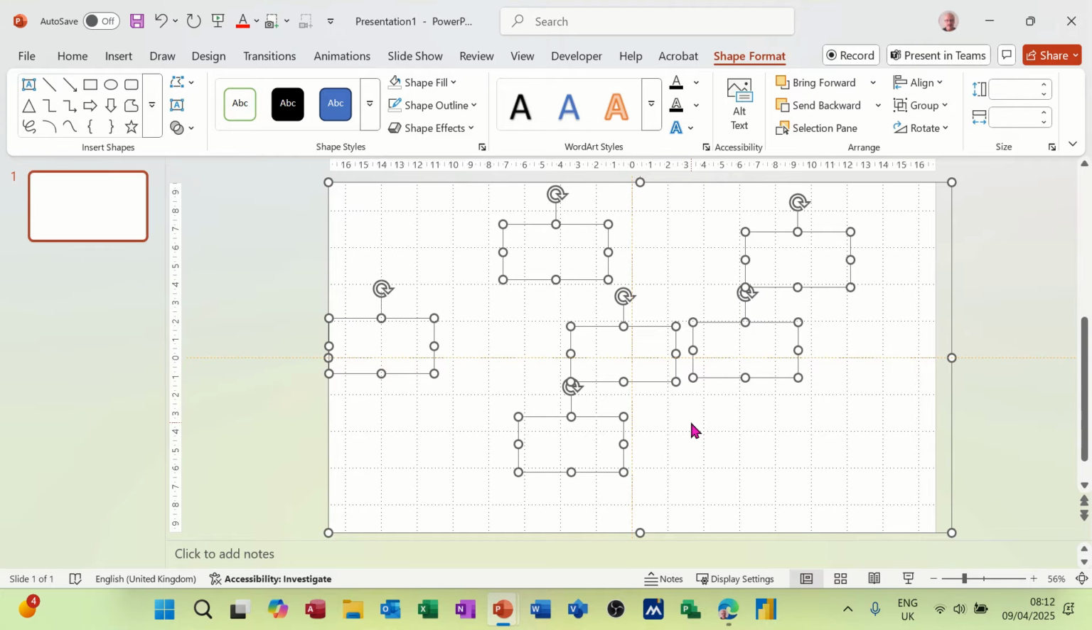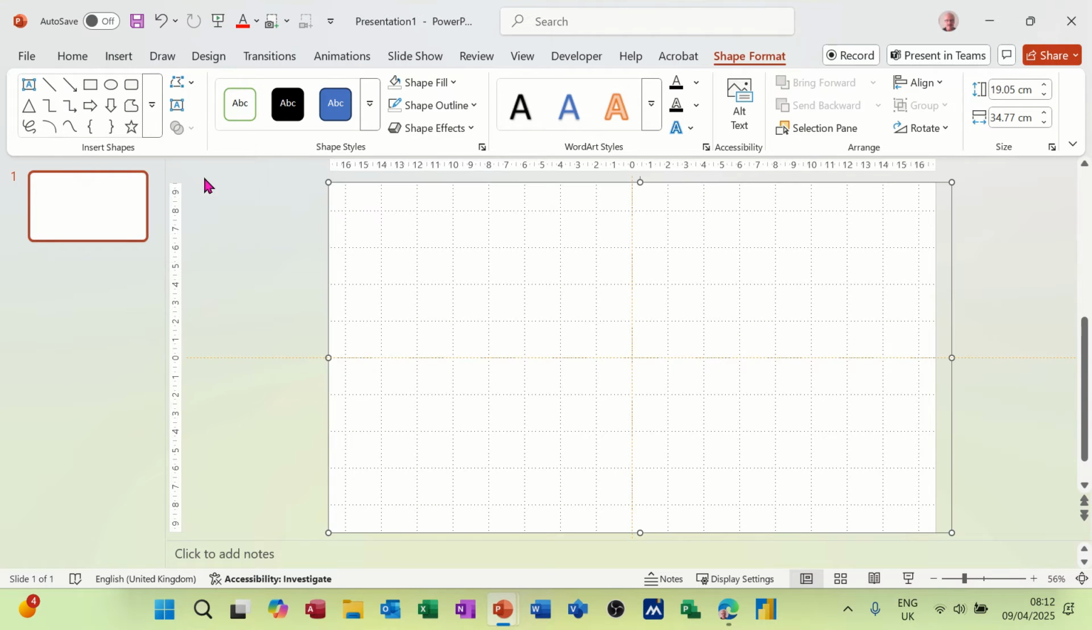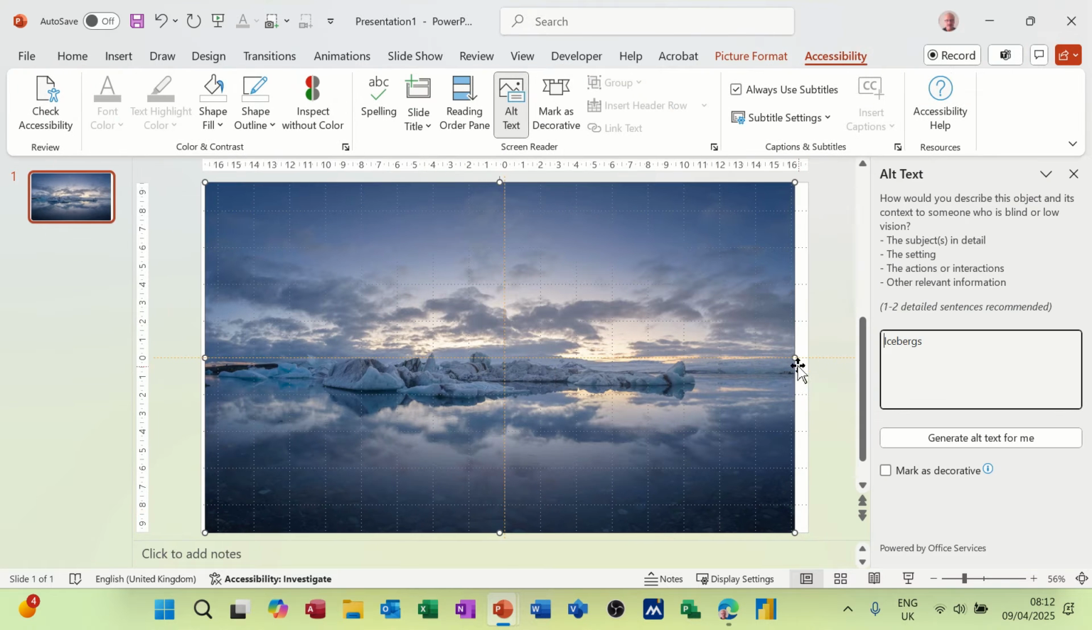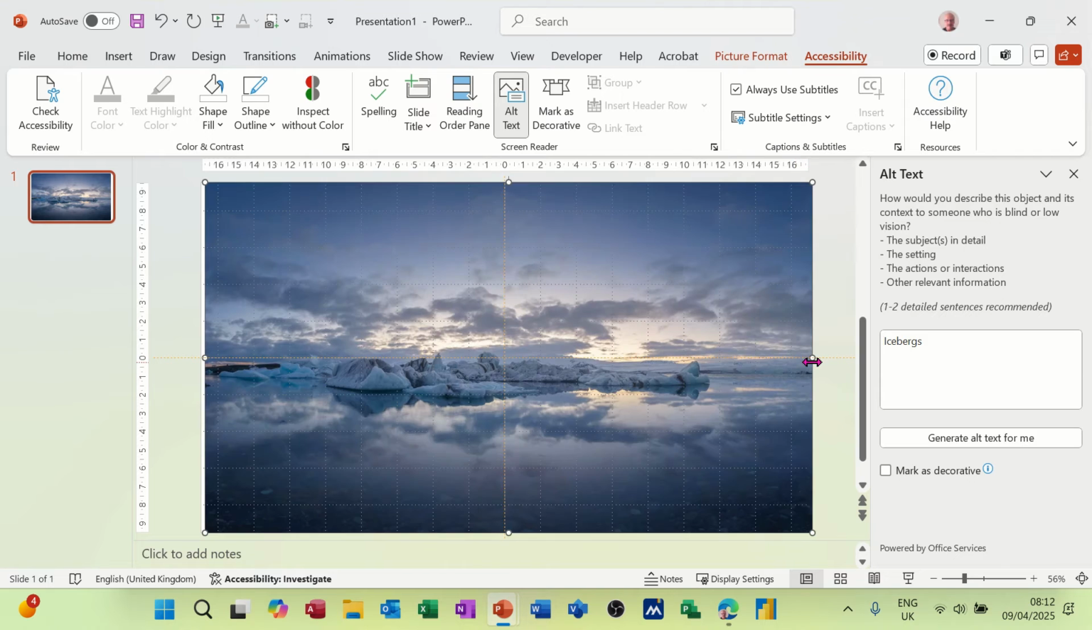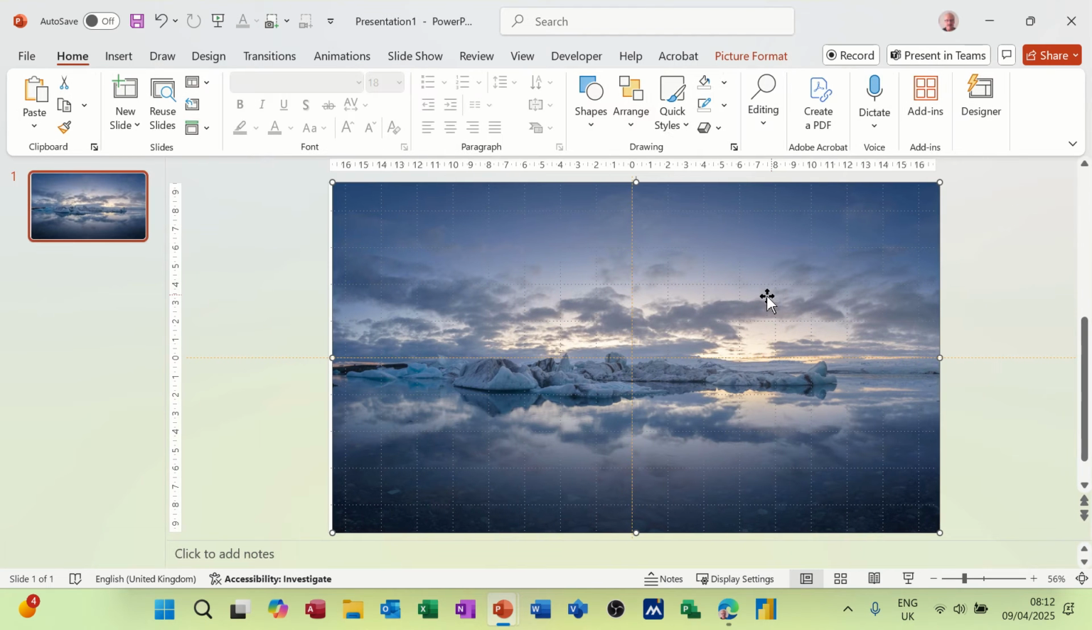So what I want to do is combine all of those shapes, so I'm going across to this tool, selecting combine, and then that becomes one. And then I've got a picture copied from stock images, so if I just paste that onto here and then approve this picture, and I'll just make that a little bit bigger like so,